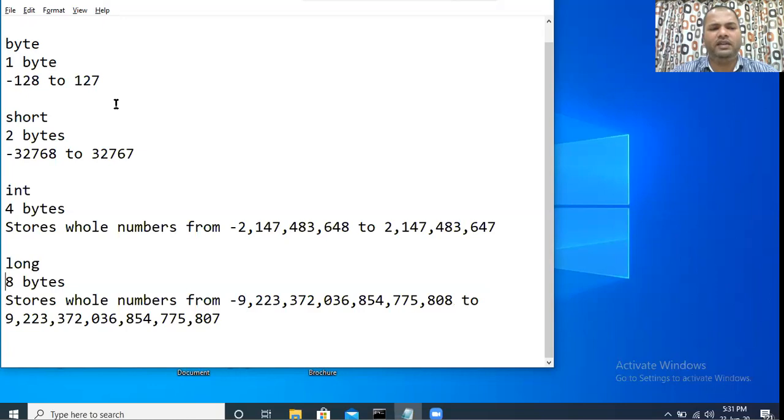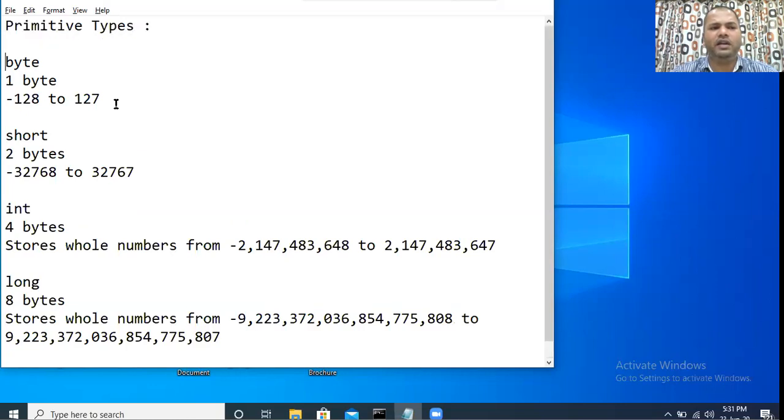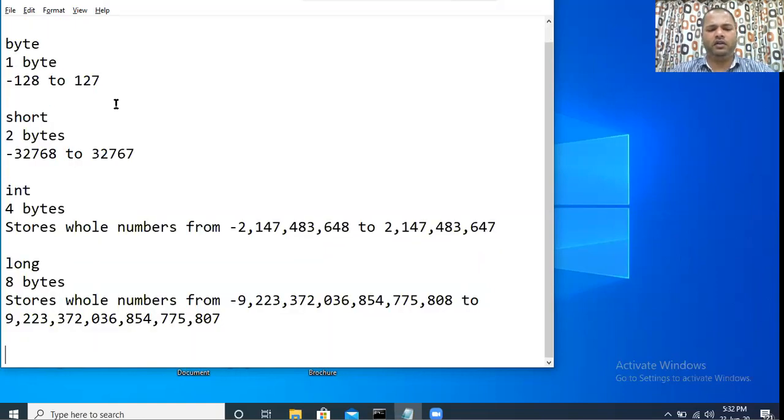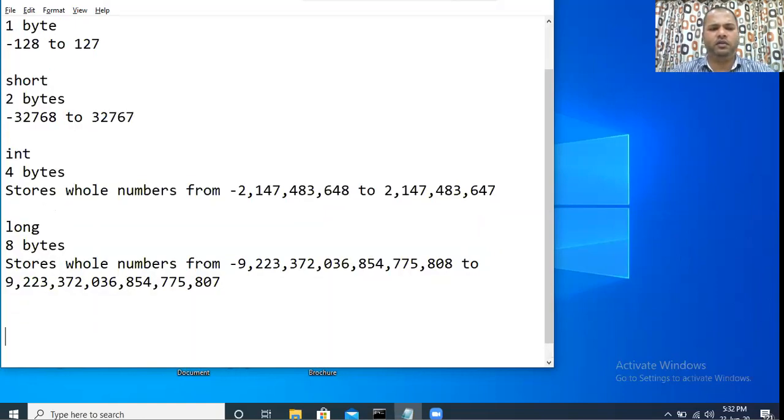So these are the types which are related to whole numbers. As far as Java is concerned, we have byte, which is of size 1 byte, short, which is of size 2 bytes, int, which is of size 4 bytes, and long, which is of size 8 bytes. Now, after these types have been covered,